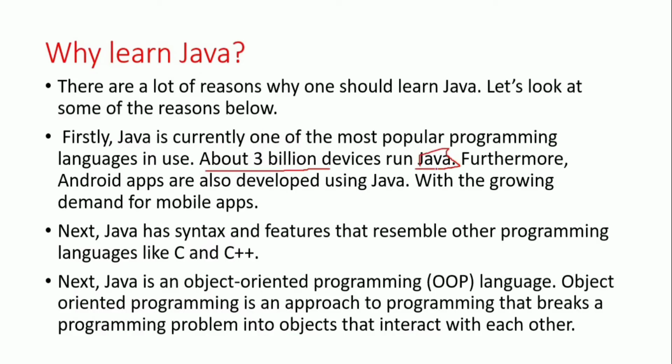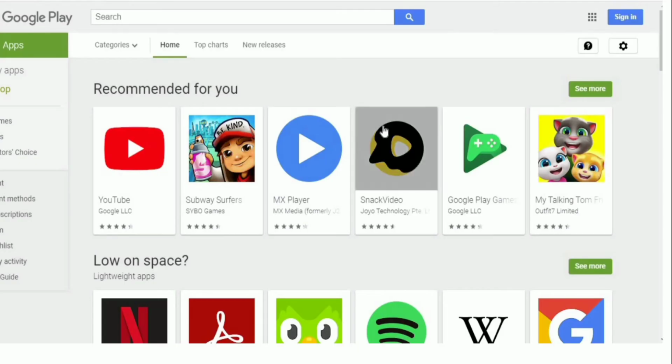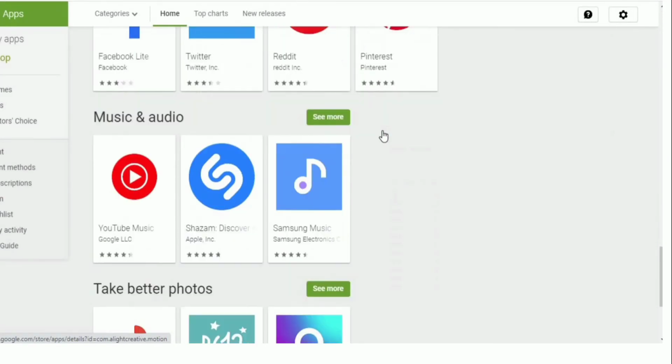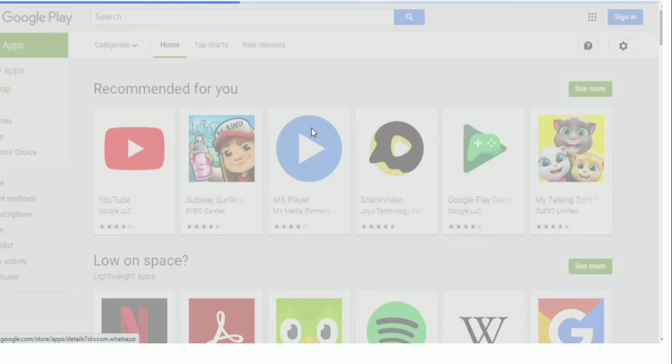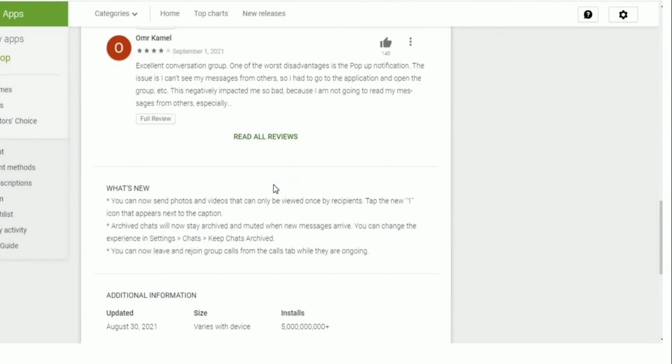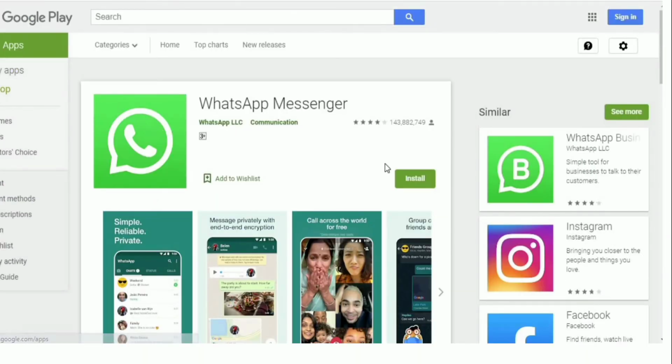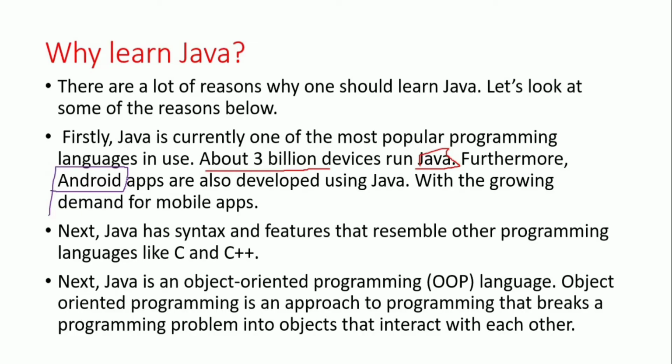In addition, Android apps are also developed using Java. Android is the most commonly used operating system in mobile devices. About 80% of the devices in the market are powered by Android. So when we start developing applications for Android, we need to learn Java. That's the reason for its popularity.